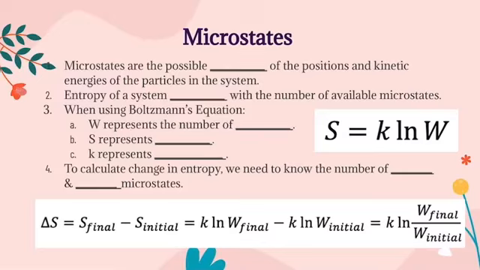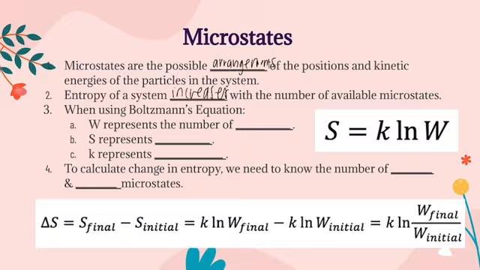Let's do some microstate practice. So microstates are all the possible arrangements of a position and kinetic energies of particles in a system. So entropy of a system, as we've talked about before, increases with the number of microstates, because if there's more ability for them to be in a position, then there's more